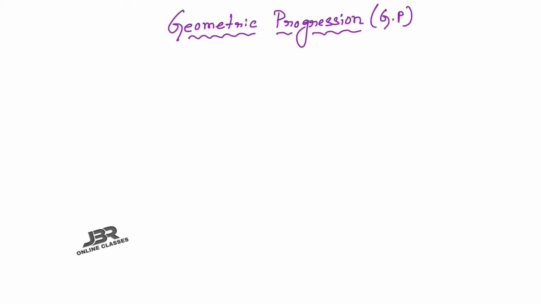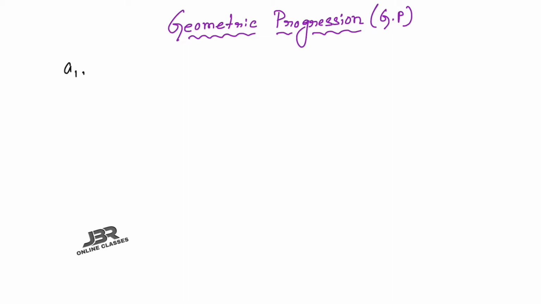So hello everyone, now in this video we are going to discuss geometric progression. First, you have to know what geometric progression is. A sequence, it might be infinite or finite, of non-zero numbers. Remember that. A sequence of non-zero numbers is called a geometric progression if the ratio of any term to its preceding term is constant. I repeat, if and only if the ratio of any term to its preceding term is constant. Preceding का मतलब होता है जो previous number होता है.